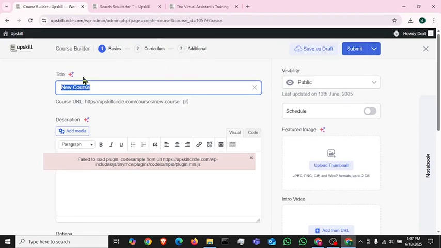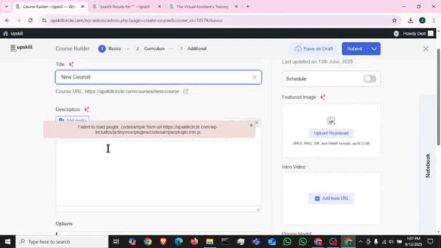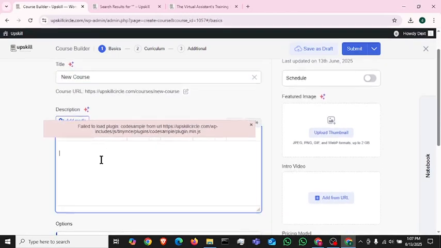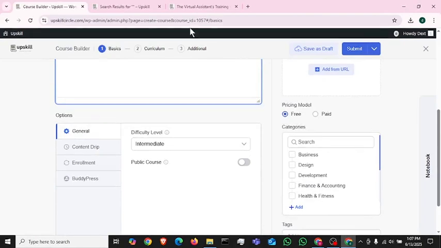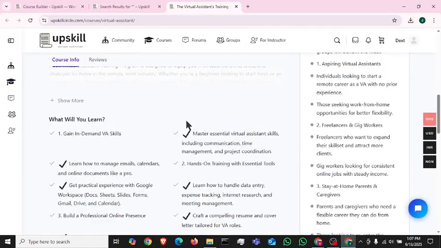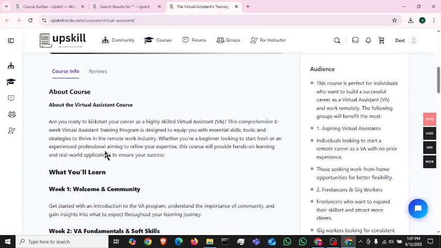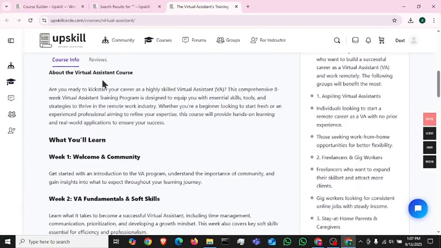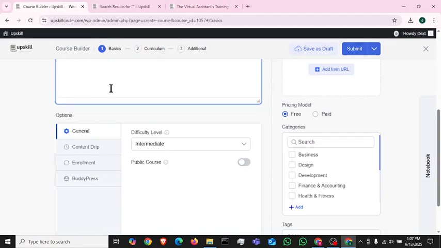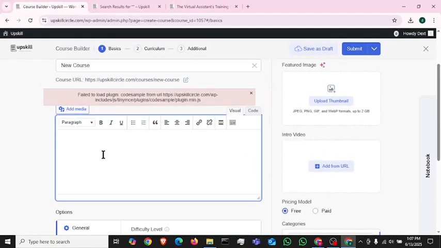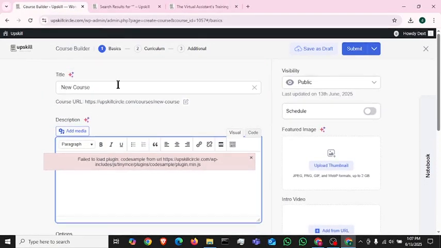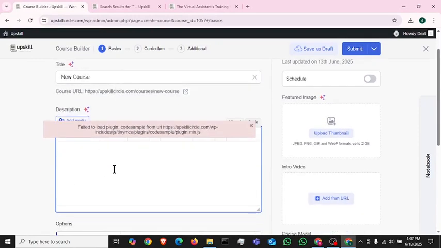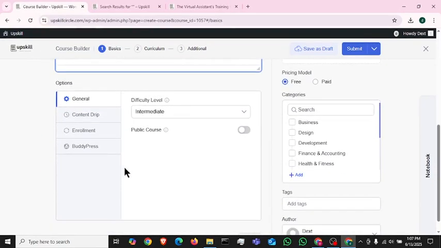All right. So in the basic info section, you are just inputting general description about the course. So you put the course title over here, and then you put the course description over here. So this description is what we saw here. It is this long description over here. So this description is what you need to also provide here. So you have your title, your general title of the course, you have the course description, and then we come